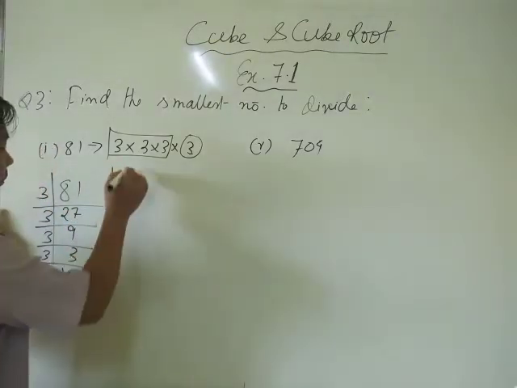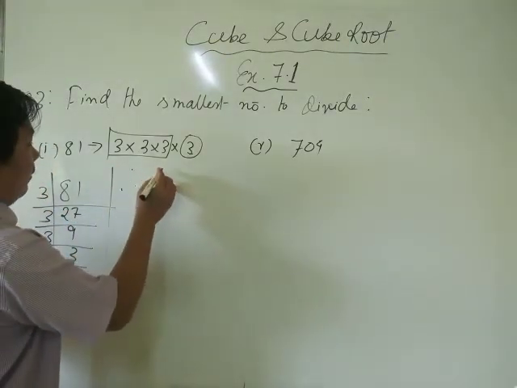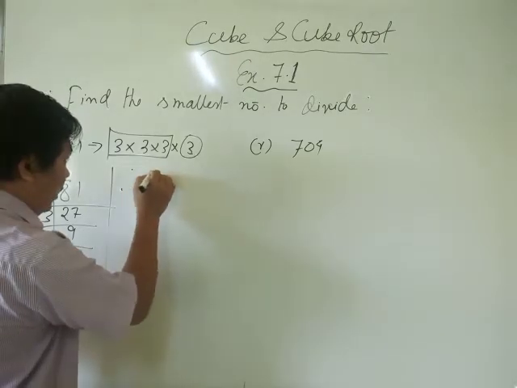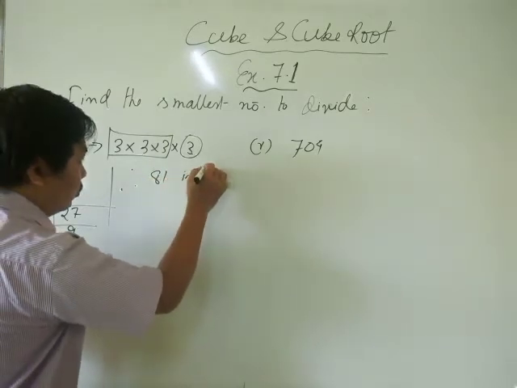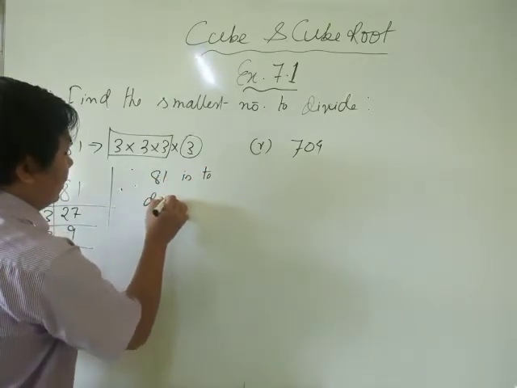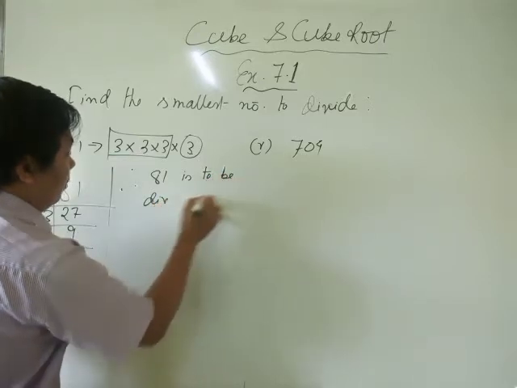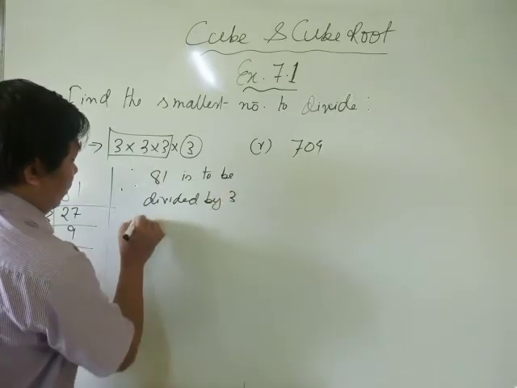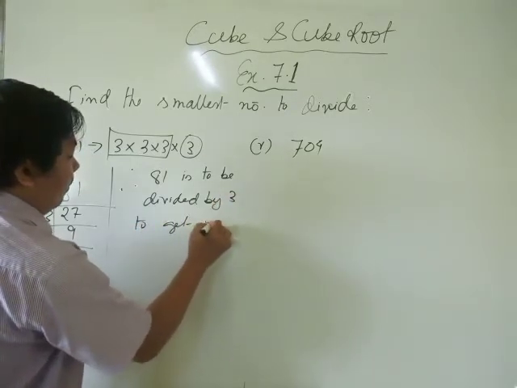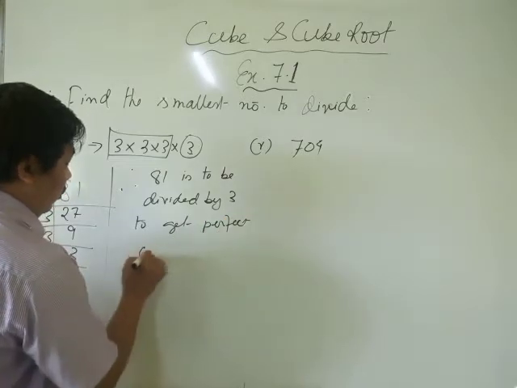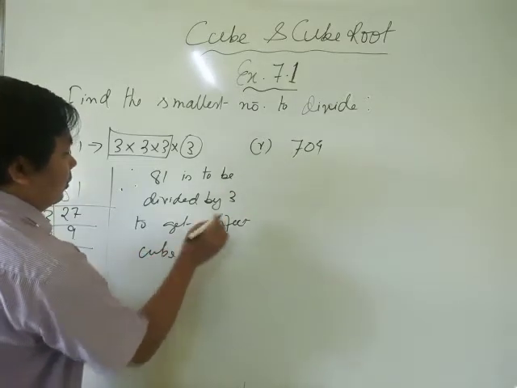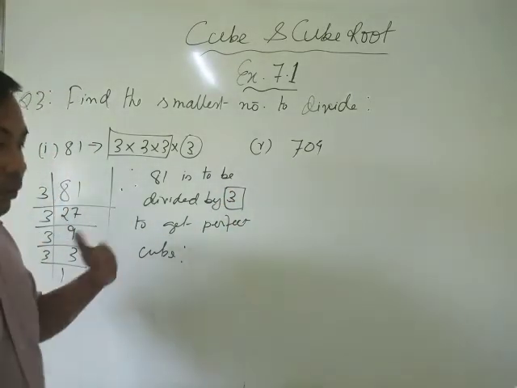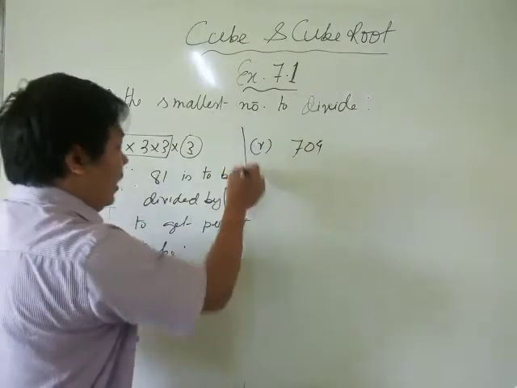So therefore 81 is to be divided by 3 to get a perfect cube. So 3 is the number to divide it. That's all. Okay. Likewise, for this